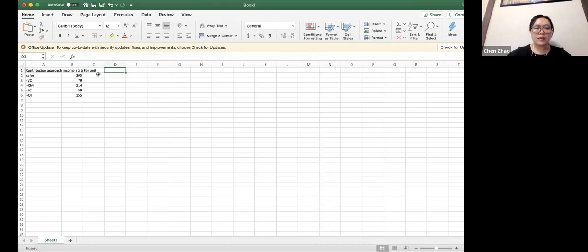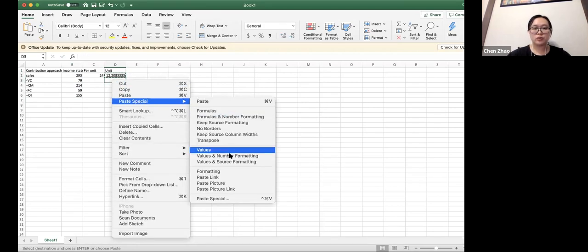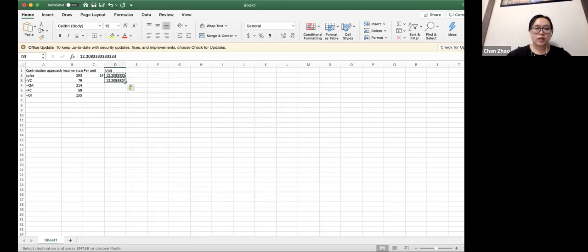For example, per unit is say 24, and the unit is this divided by this, and then the unit will stay constant. So you can copy, paste special,